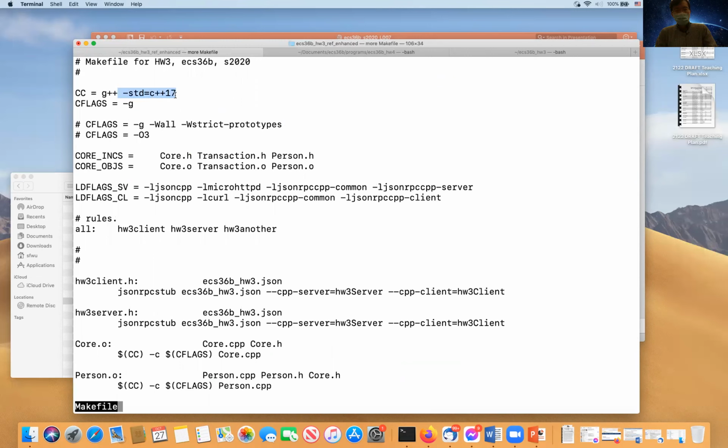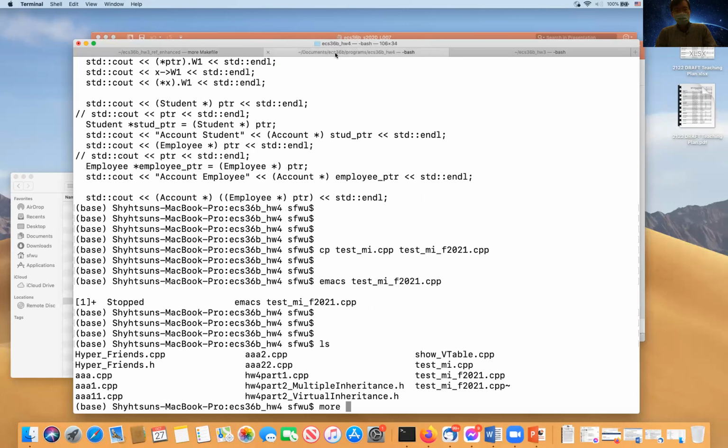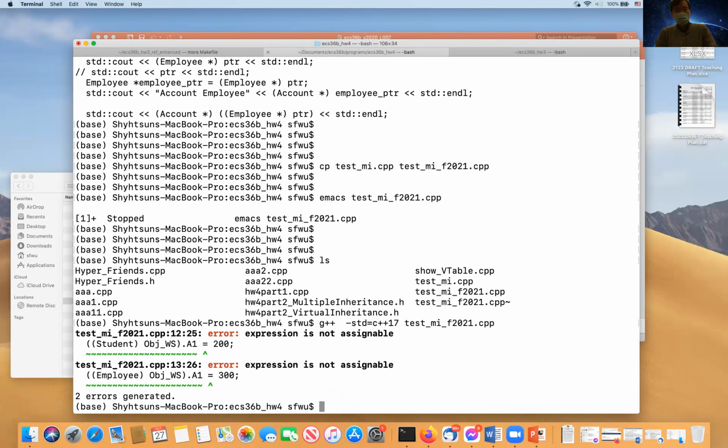I just copy this one over here. This is a test, f2021.cpp. Okay, expression is not assignable. That's interesting.